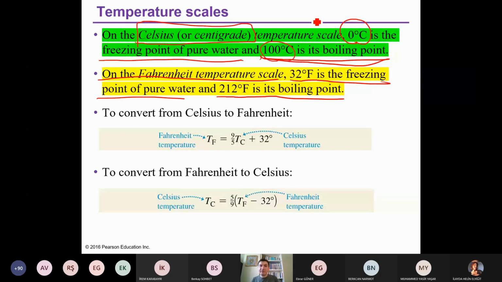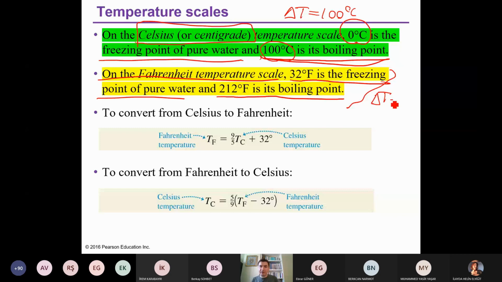In case of Celsius temperature scale, delta T is 100 degrees Celsius between the freezing and boiling point of water. But in case of Fahrenheit, the delta T between freezing and boiling point of water is